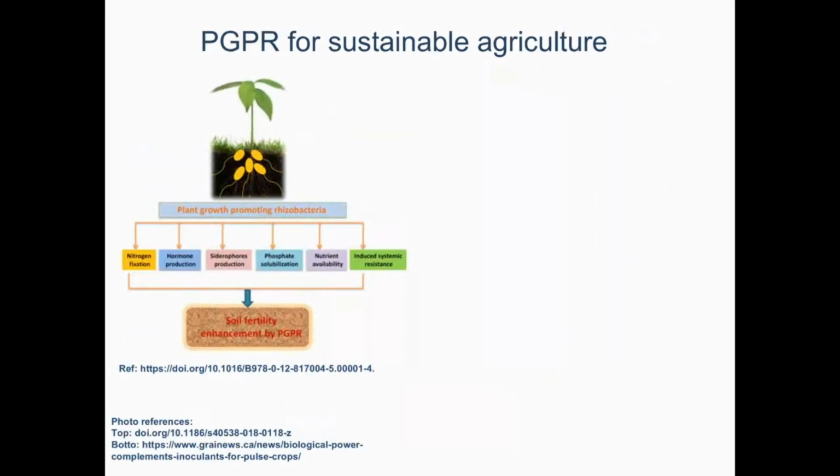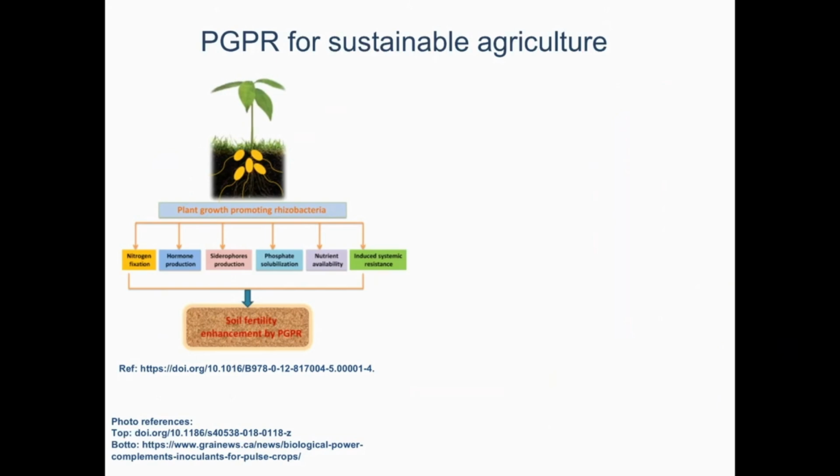So plant growth promoting rhizobacteria, or PGPR for short, are microorganisms that have been proposed to be used for sustainable agriculture practice. And the reason for this is that these rhizobacteria, bacteria that live in the rhizosphere, can colonize plant roots and promote crop productivity. And they do so by a variety of mechanisms, some of which are listed here on the slide. So it could be nitrogen fixation, hormone production, siderophore production, phosphate solubilization, increased nutrient availability, or by promoting induced systemic